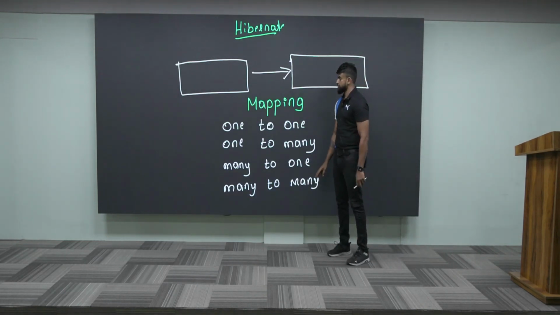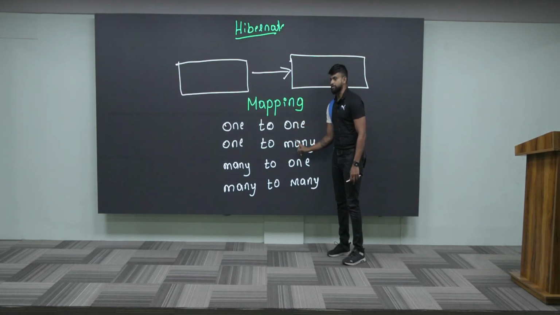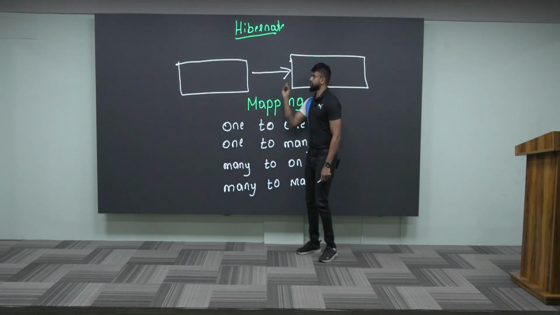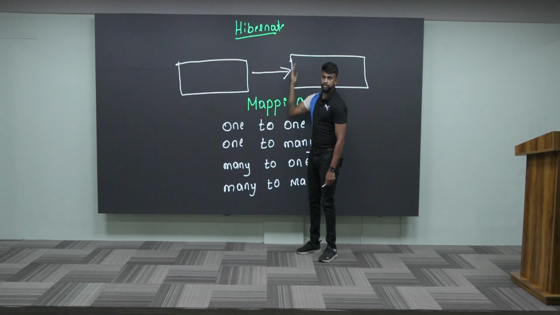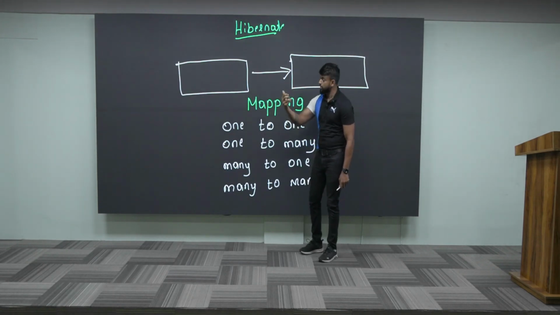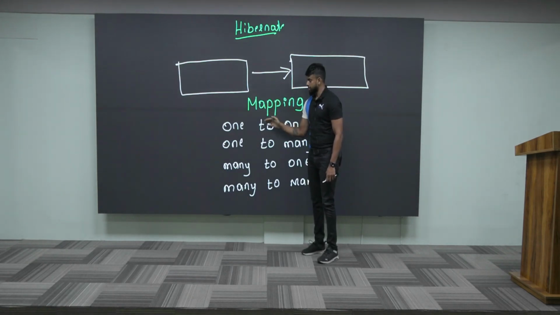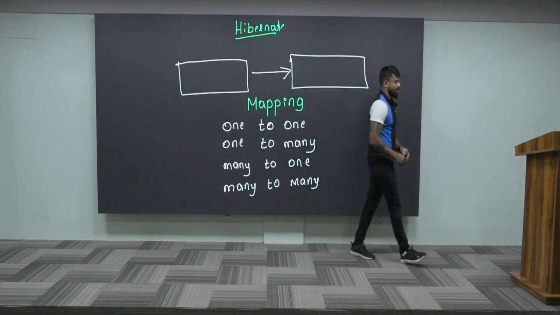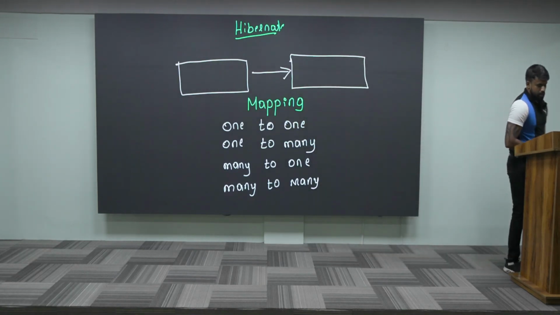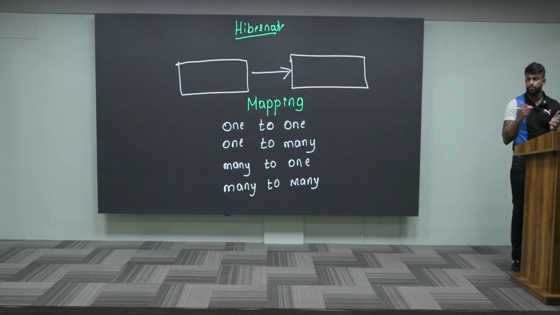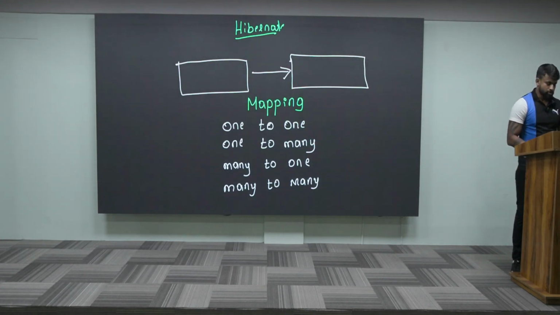Understand that in interviews they will ask you what you mean by mapping and how many types of mappings there are in Hibernate. What do you mean by mapping? Relating one table to another table using Hibernate, we call it mapping. Great. So these are the different types of mappings. Let us first understand them theoretically, and then I will put them practically. So to start with,